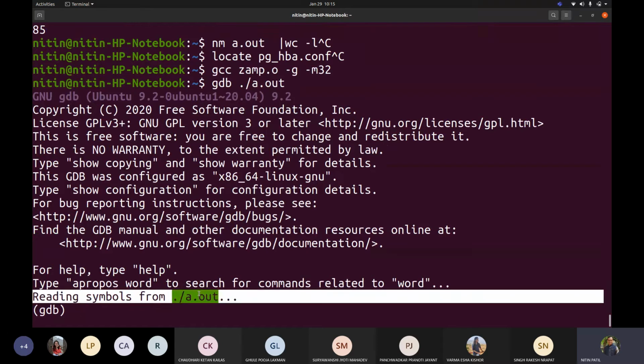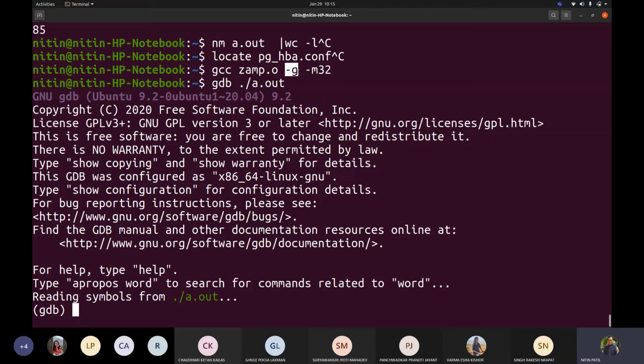So either it could be making use of something internally like dash s to get that data, or it might be fetching a few things which would not be possibly there. Now if I try to differentiate between the a.out which is created using dash g and which is created without dash g, the difference is all debugging symbols would be added, and ultimately size, because the symbol table is attached to your code, size would be increasing.